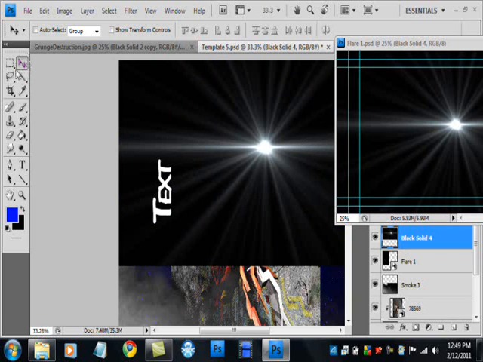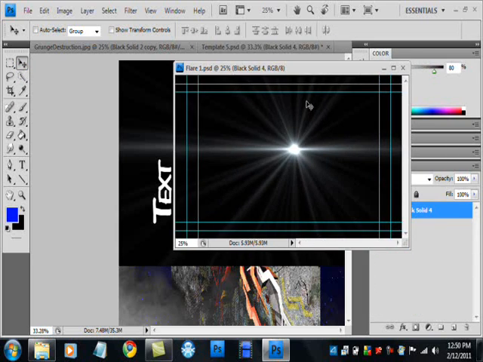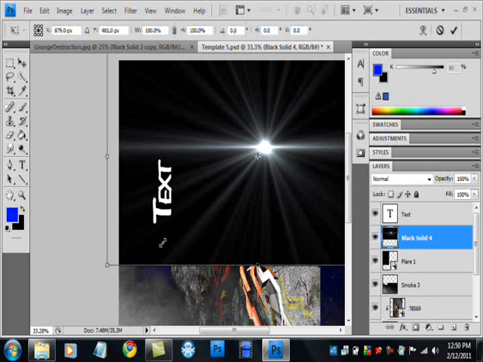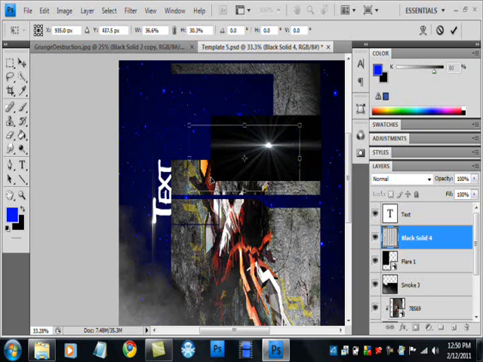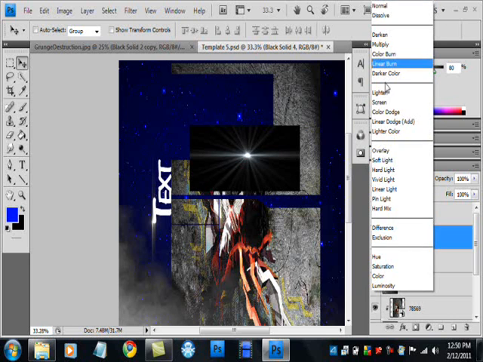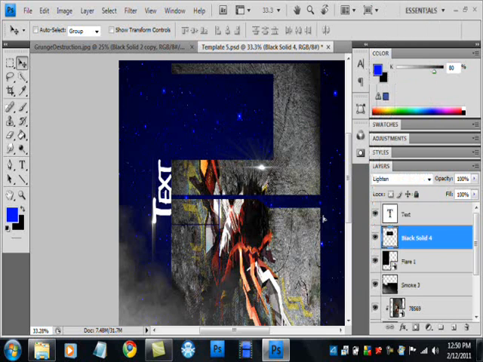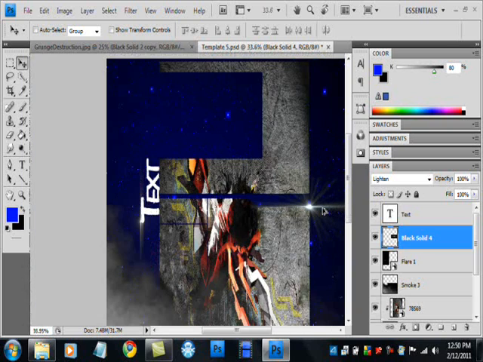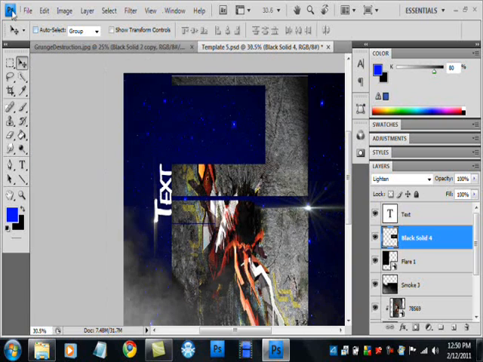Make sure the move tool is selected, or you could just hit V, because if it's not, then you'll make adjustments to this and then it'll just throw you off. So then you probably want to resize this. Hit enter, wait for it, hit lighten again, and then you can put that right here. Zoom in because sometimes it doesn't go where you want it to. Okay, so then it's like that, and then it has a nice little flare there. The other one,